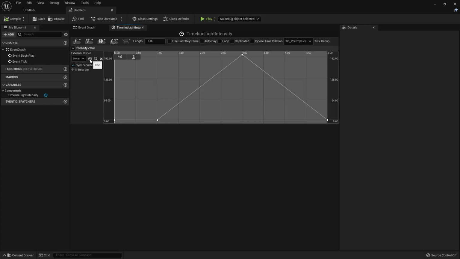If an external curve is already loaded here, you can click on the magnifying glass to select it in the content browser. And then clicking on the X button will convert this to an internal curve again so that it can be edited. Alright, so now I'm going to add a second track to this timeline,